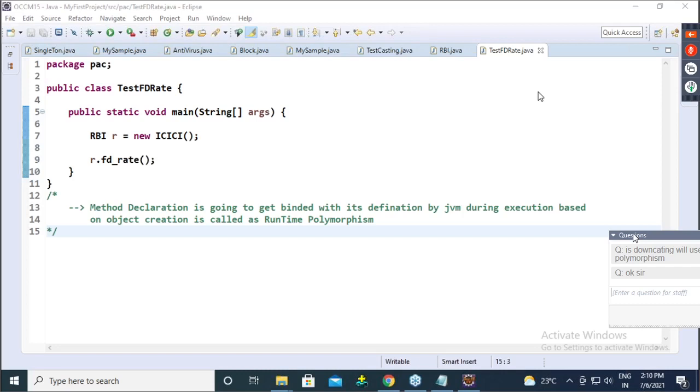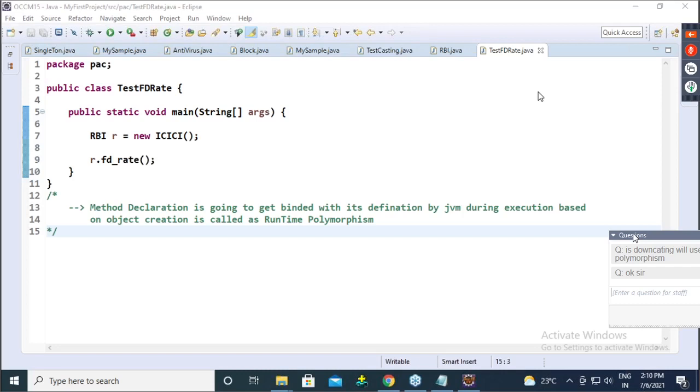Aditi, turn on mic. Let it be. You can speak now. Turn on your mic and speak. Let me know what is your doubt. Come on, Aditi, turn on your mic.